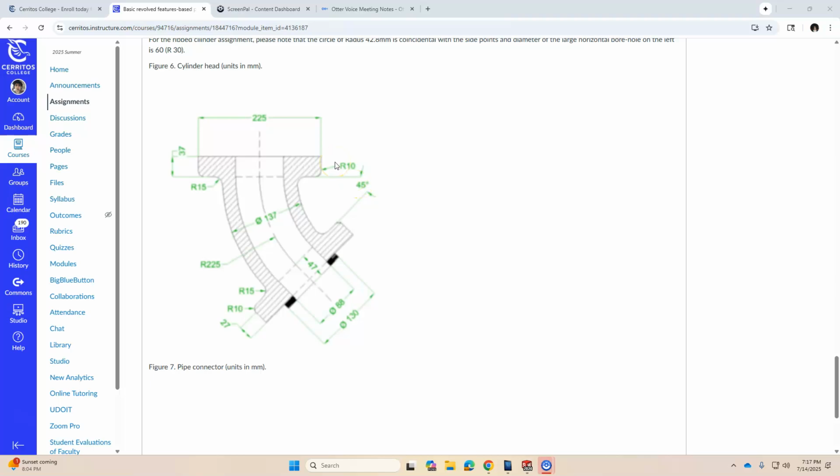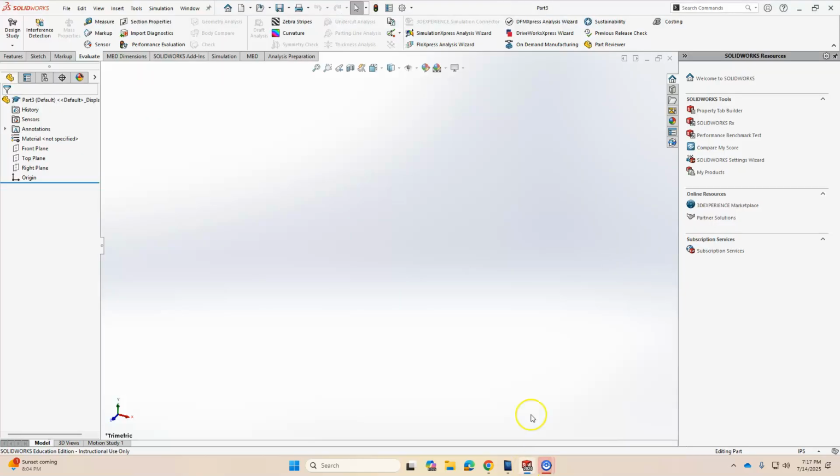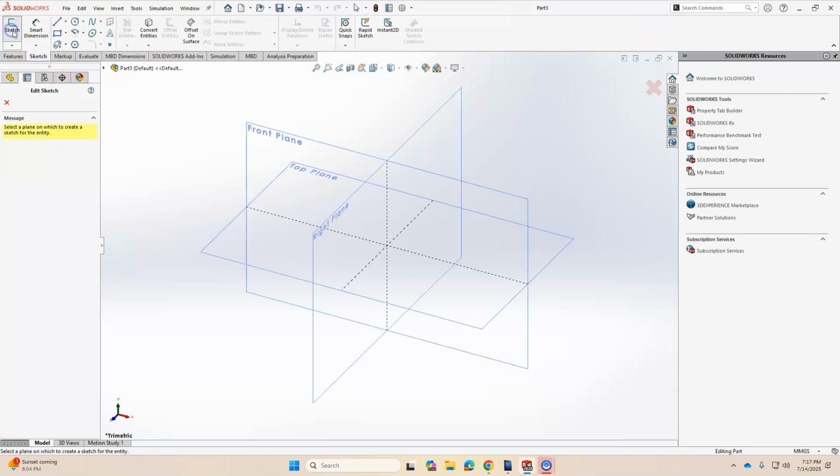So let's see how we can do this. The outside diameter is 137 millimeters, and the inside diameter is 88 millimeters. However, we know that the radius of this kink is 225 millimeters. So let's first start with the new part. We are going first to set up the units to MMGS, and we are going to make a sketch on